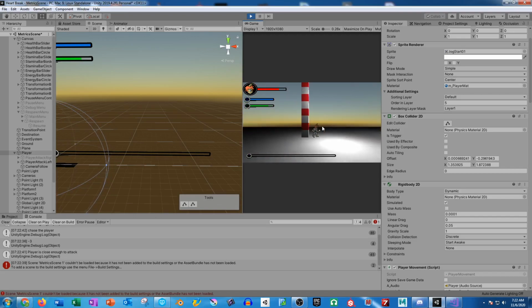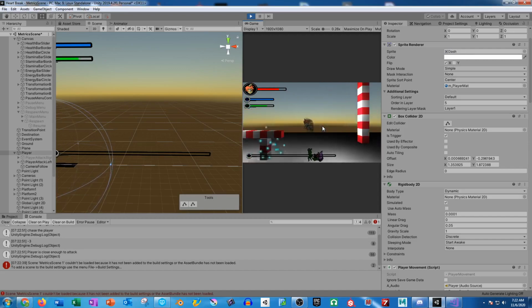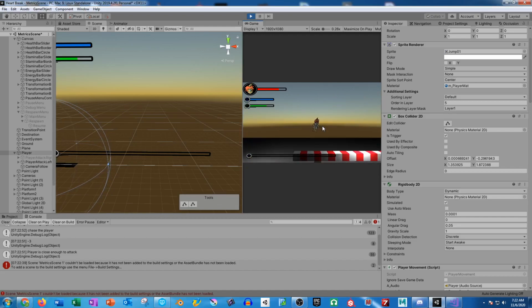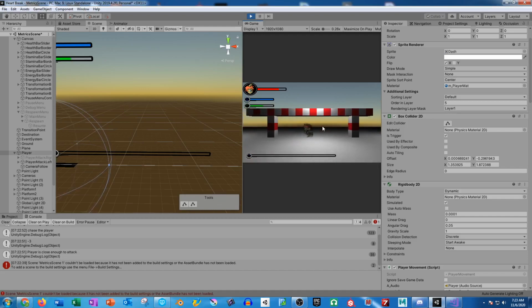Okay, so you can still do multiple dashes, but it is a lot more manageable. The only thing that I will say is once you land, you'll be able to do another one if you time it right. So like right there, that obviously wasn't the full duration. That's just because it was timed with whenever I came in contact with the ground. The next thing we need to do is